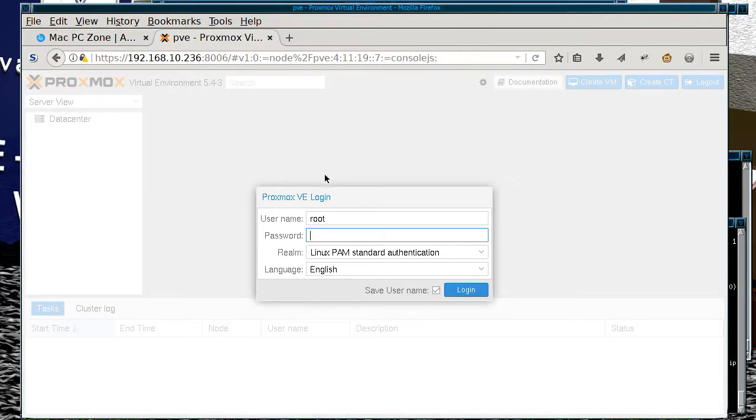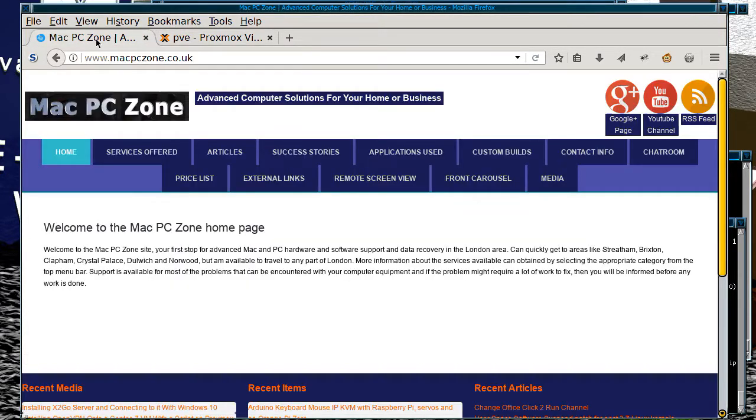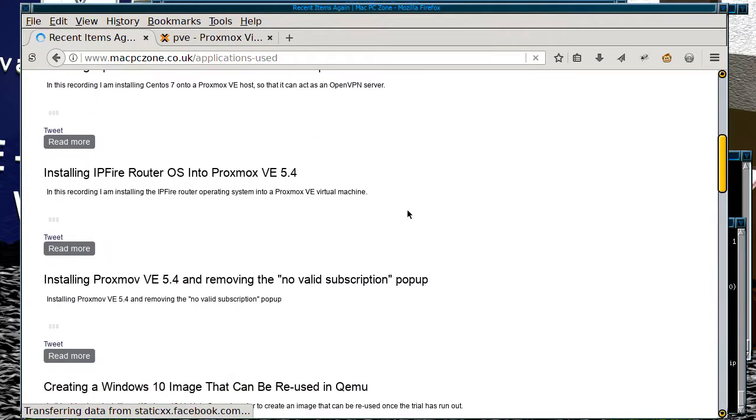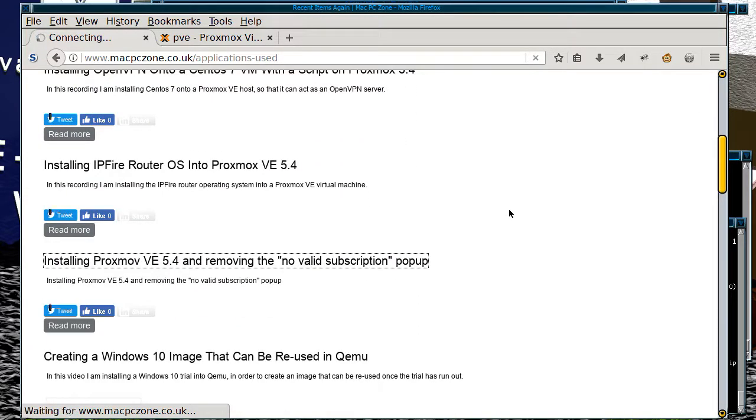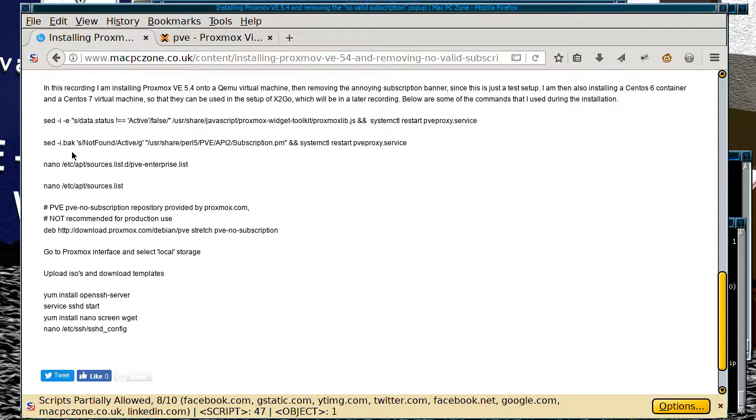To do that, basically just go back into the Proxmox. As you can see, that message is gone. One thing I found out is that there's another command that you have to use, and I've actually updated the article for installing Proxmox. So now it should be more effective. I've added this extra line in here, and if you just run both of them, then that should be enough to stop the